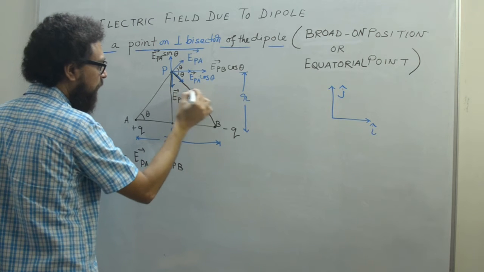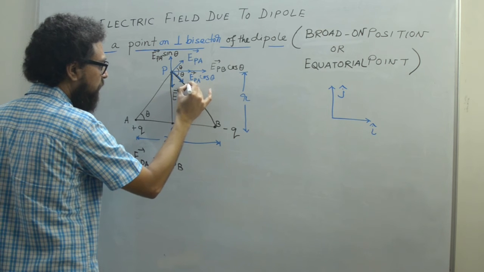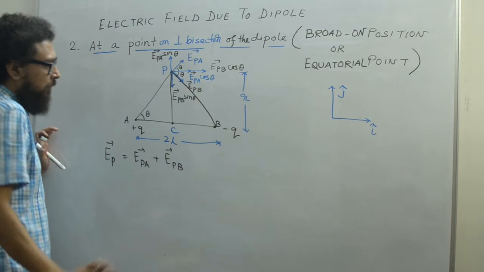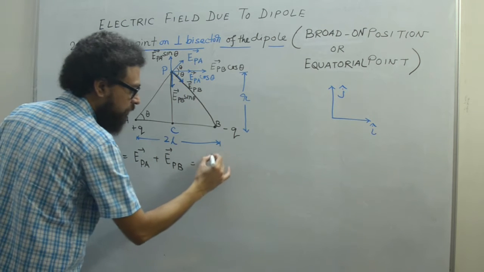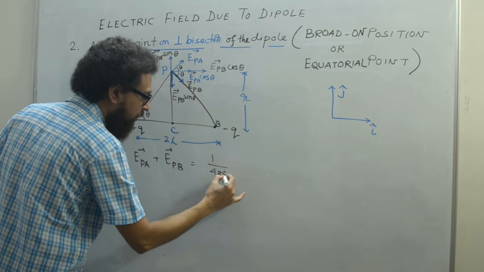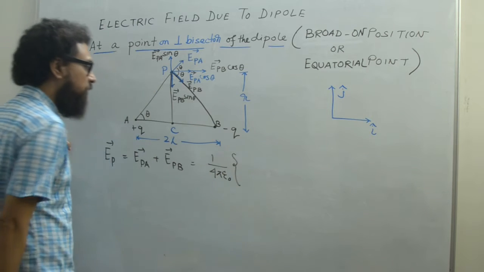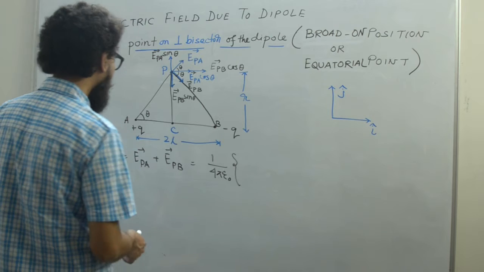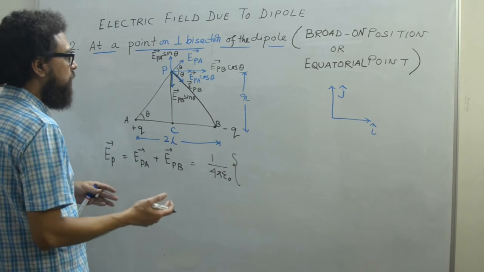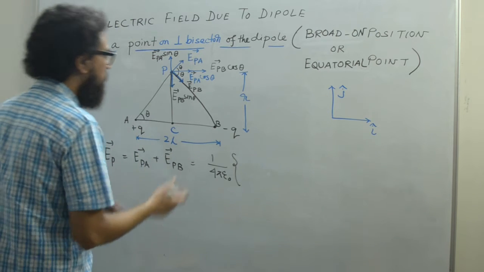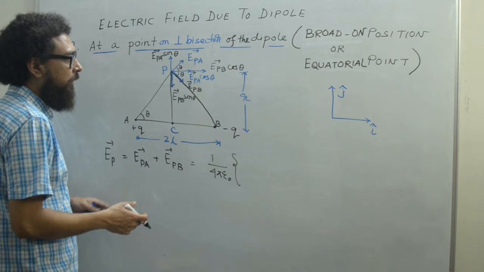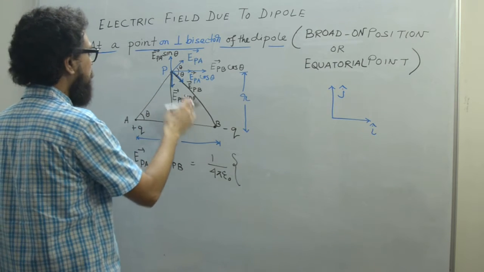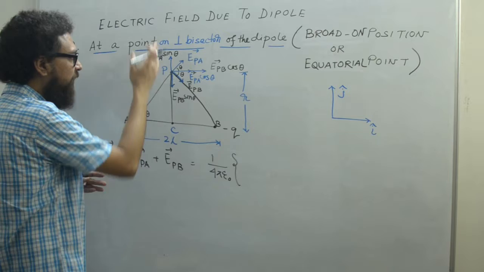Write somewhere here EPB or something, because EPB. Okay. So that is, again I'll take 1 by 4 pi epsilon naught outside, assuming free space or vacuum. So EPA, since we are going to add, you can see when we calculate with respect to the things, you can understand that EPB sin theta and EPA sin theta will get cancelled,